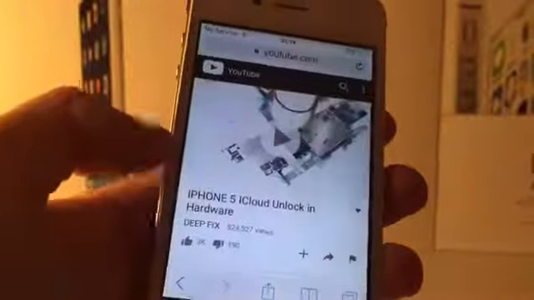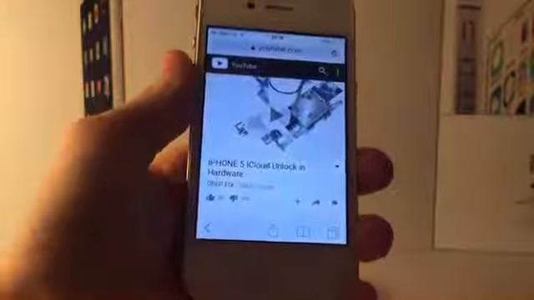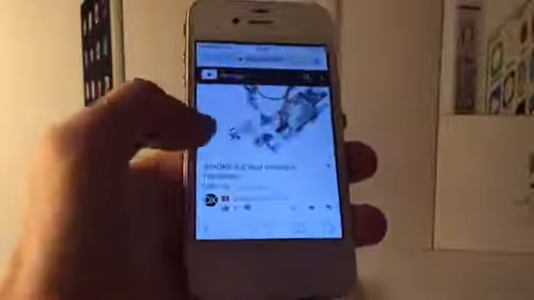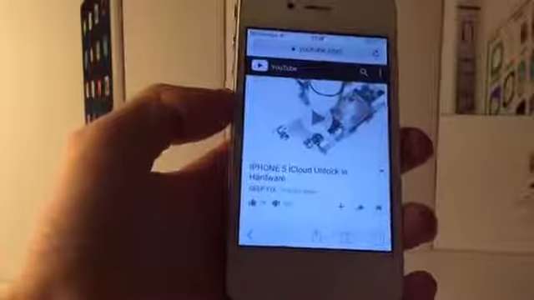As you can see from this video right here on YouTube, it tells you how to do it. Now I'm not completely sure how reliable these videos are because this is the only method I've not actually tried, and I may try it in the future if I get an iCloud locked device. So do this one at your own risk. There are quite a lot of videos about this on here, but you will need a second device, which is definitely not going to be very convenient because it's going to cost you double the price, and well, I suppose you could use a damaged phone. So those are the 3 ways